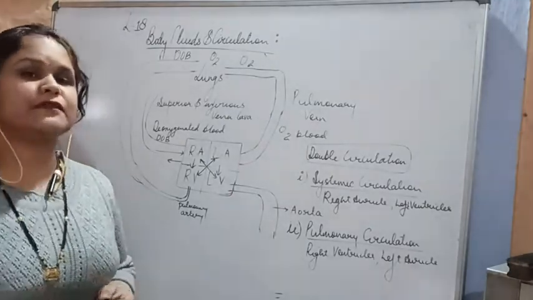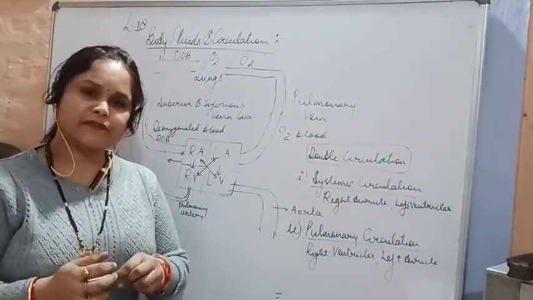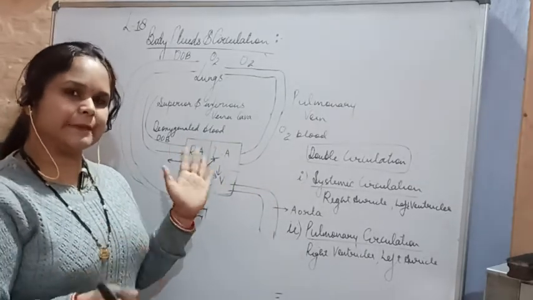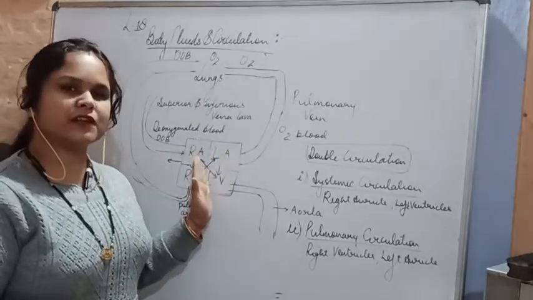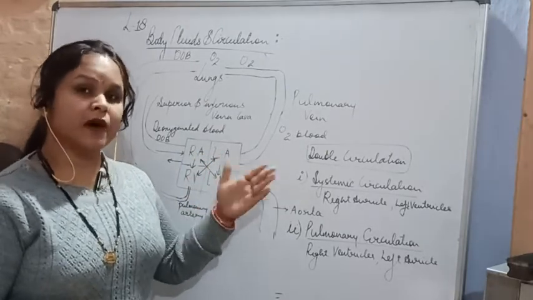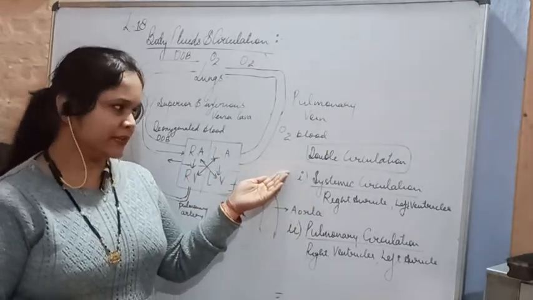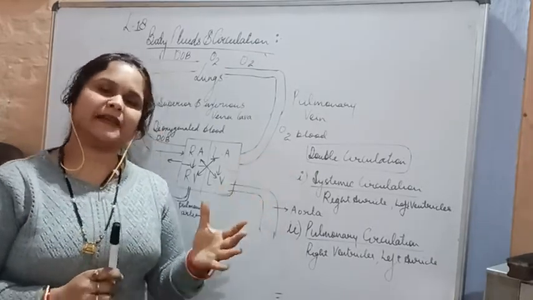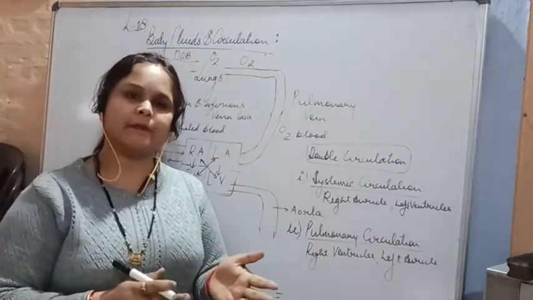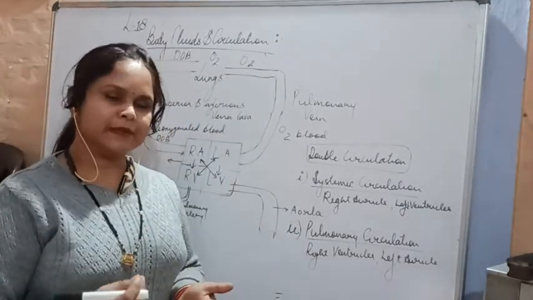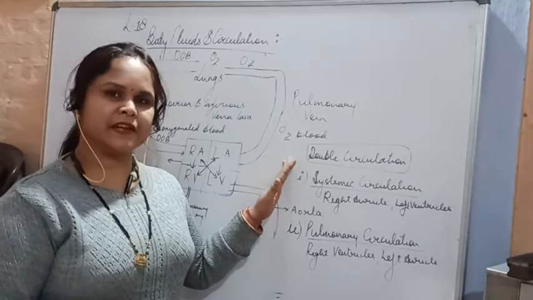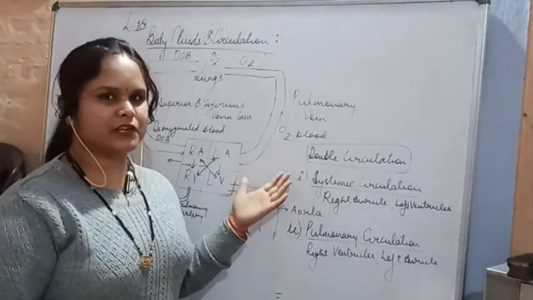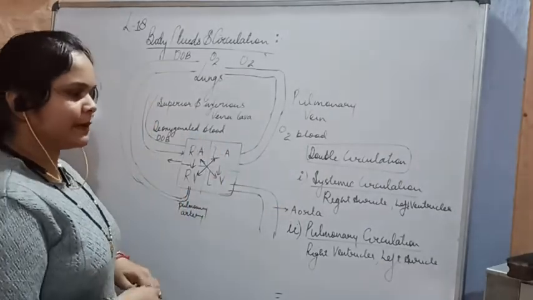Okay, so what are the benefits of double circulation? Benefit is that the blood does not get mixed. The two chambers, blood is separated with the help of the interauricular septum, and then the valves are playing a very important role in this. And the importance of double circulation is that as the mammals require a very high amount of supply of energy, this is being done with the help of the double circulation itself. Clear? So this was about the double circulation.